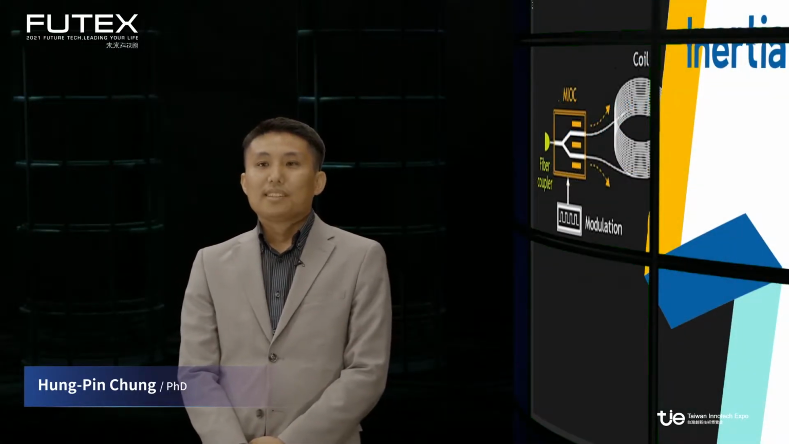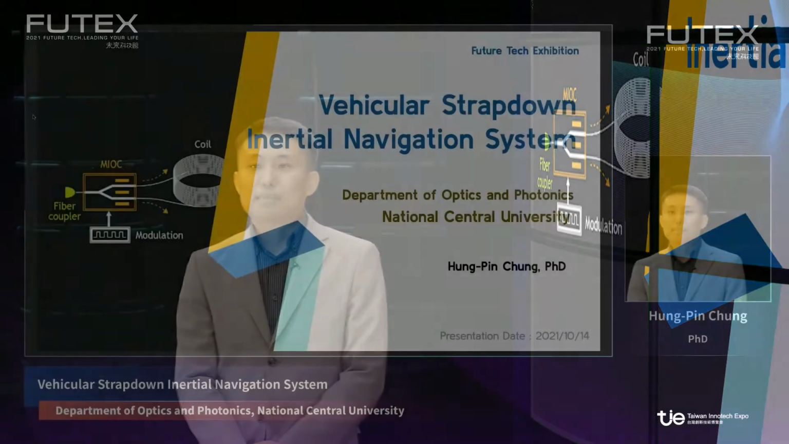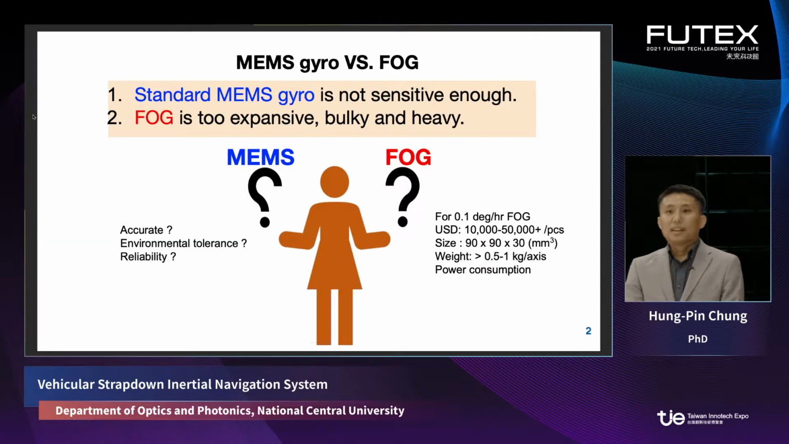I'm going to present our recent study on vehicle inertial navigation systems, especially the fiber optic gyroscope. Two different gyroscopes have already been deployed in different applications. The first is the standard MEMS gyro, which is based on semiconductor technology. You can find a MEMS gyro in your cell phone. The other is the fiber optic gyroscope, also known as FOG, which has already been deployed in military and industrial